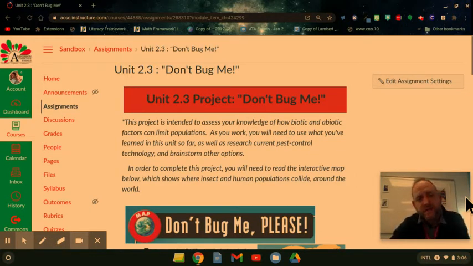So these are directions for your assignment. This will be your assessment for Unit 2.3. It's going to be a project called Don't Bug Me. So I'll just read along here, and if you'll follow along, you should be able to get a good start